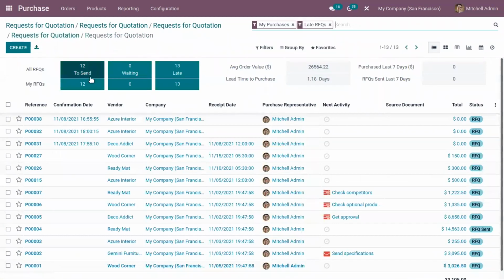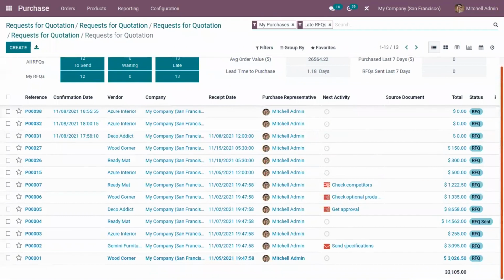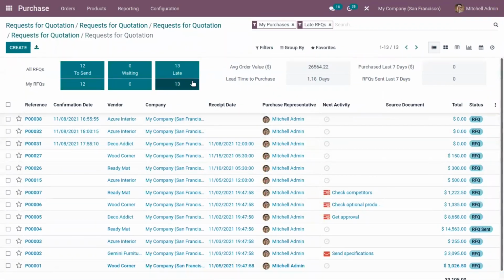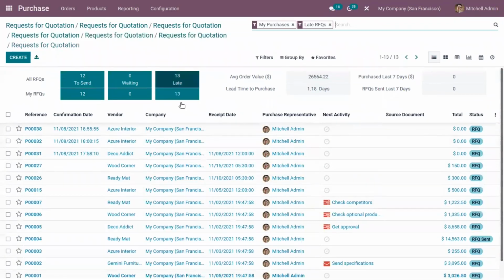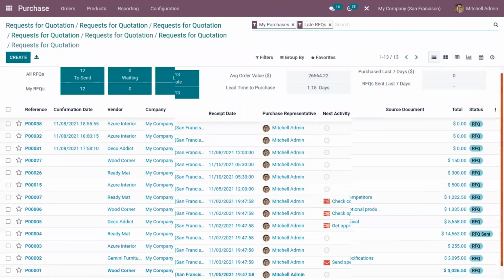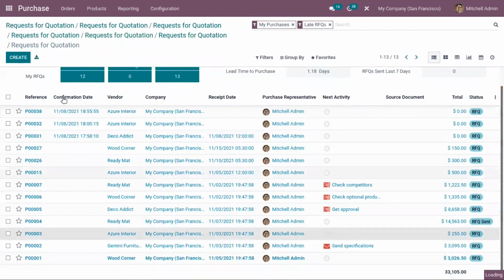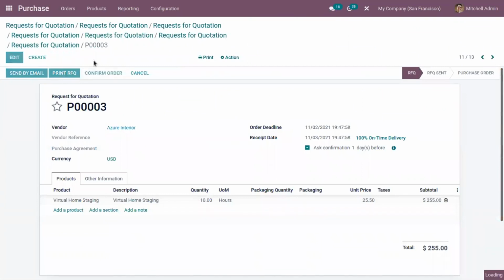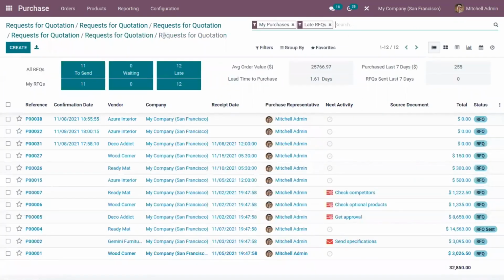Now we can see to send is 12. So here you can see as we have confirmed one, according to that, the count is updated here.